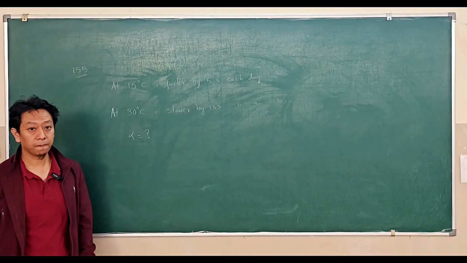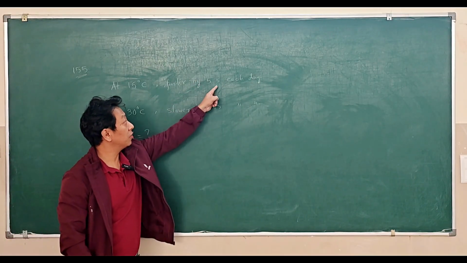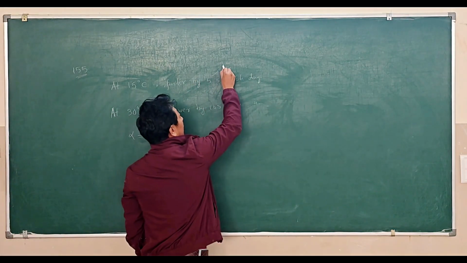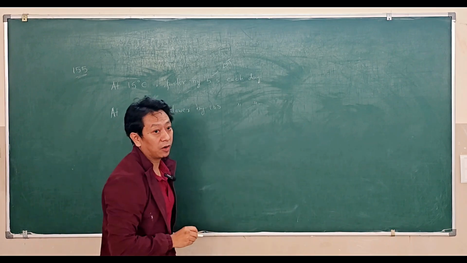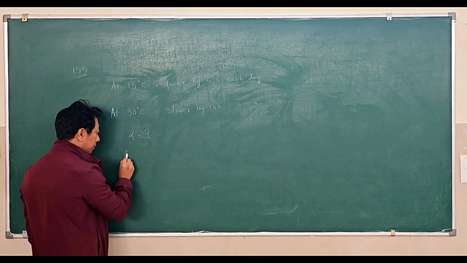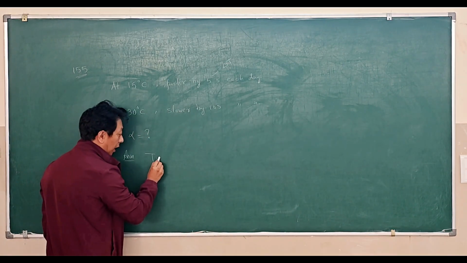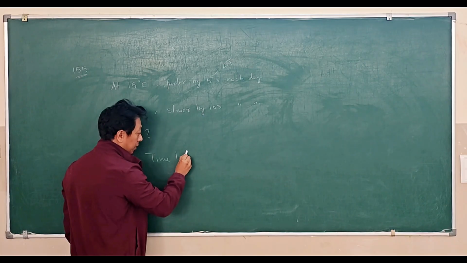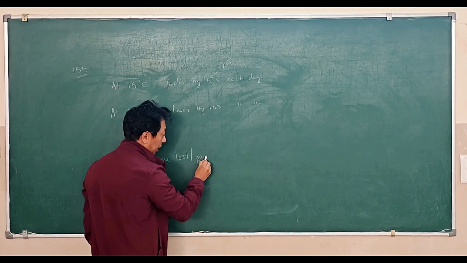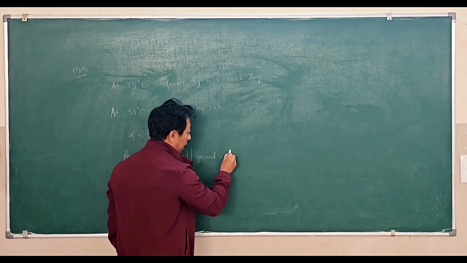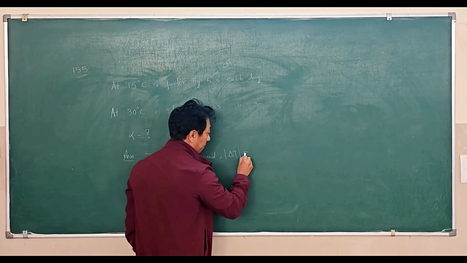Now what they have given you is the delta T in our formula. What was the formula for time lost or time gained each day? Delta T modulus,